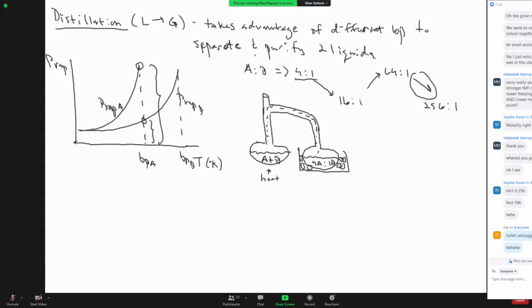And remember, when we talk about volatility, it's the ease at which something vaporizes. So when you say that you have a volatile chemical, it just means that it's going to go from liquid to gas phase easier. So just keep that in mind. Okay. So what we have to look at next is